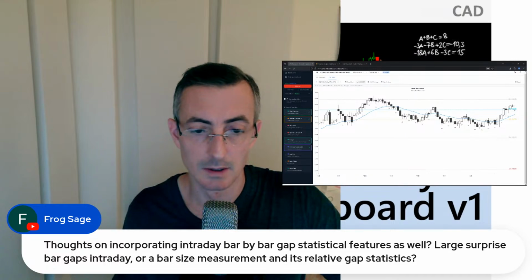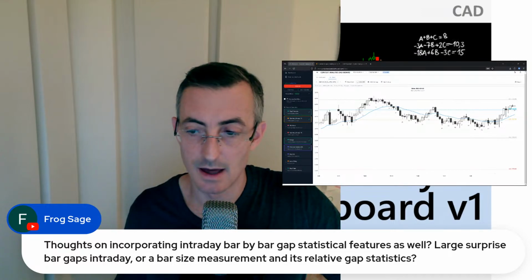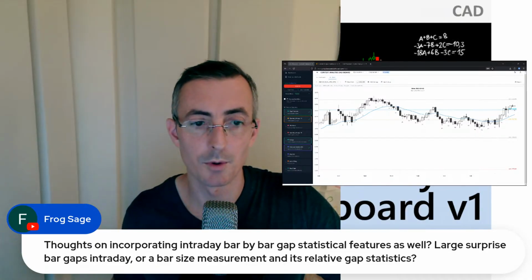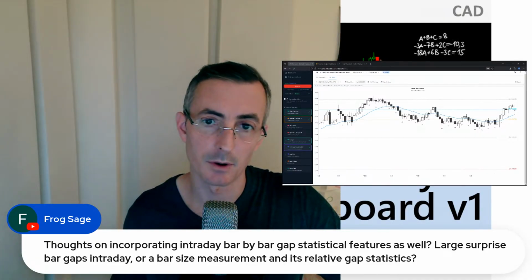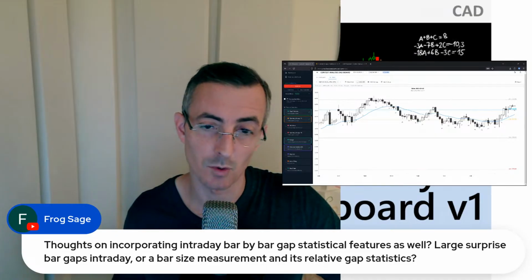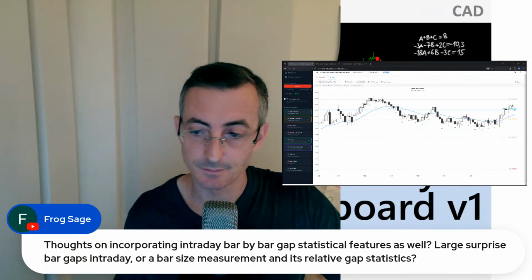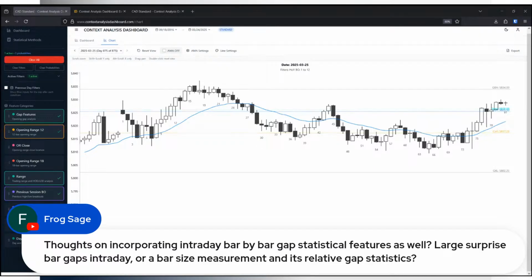That's one of the components that will be in the pro version because it requires different infrastructure. Let me explain why. Let me just show here the